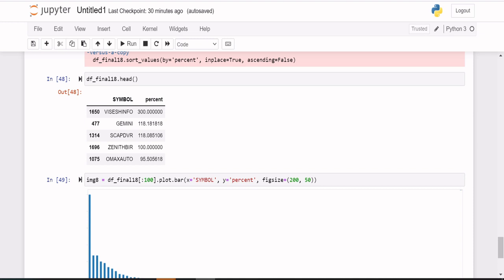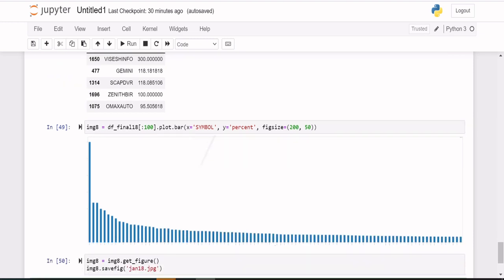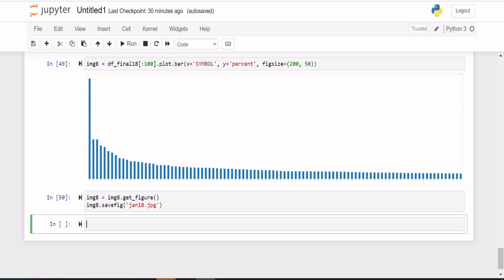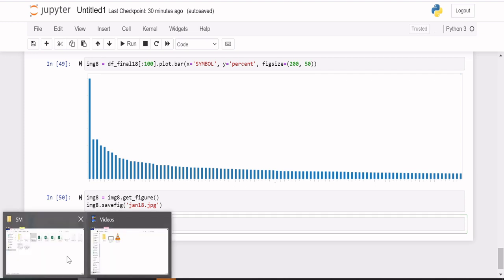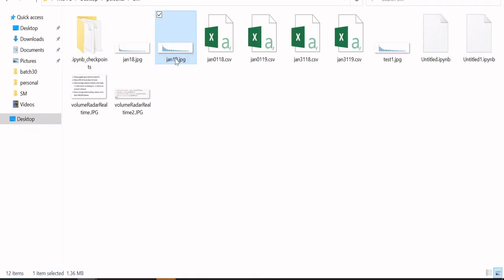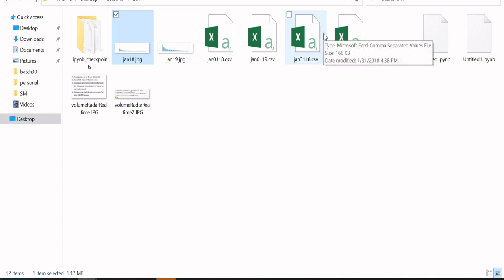Now we will see how much it has grown. I have also saved the file previously. You can practice and save your information too. If you need the data sets, if you are not aware of how to get these four data sets, you can ping me in the comments or on WhatsApp, and I will help you get these data sets.